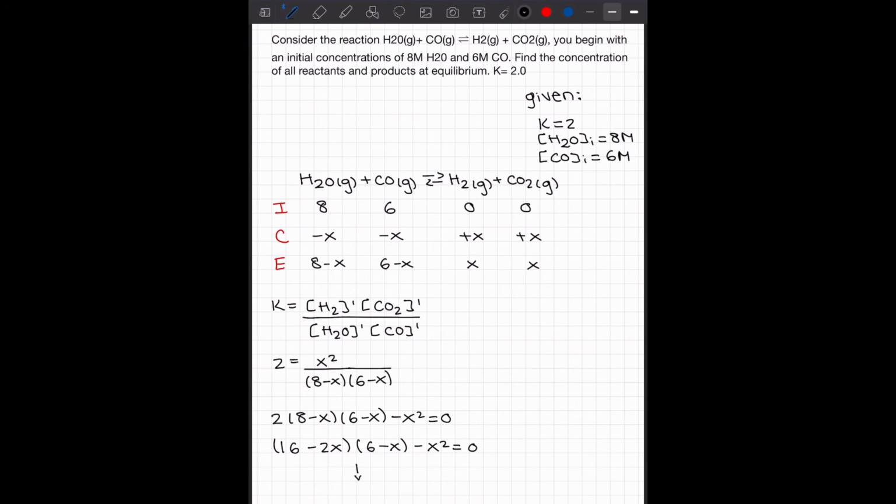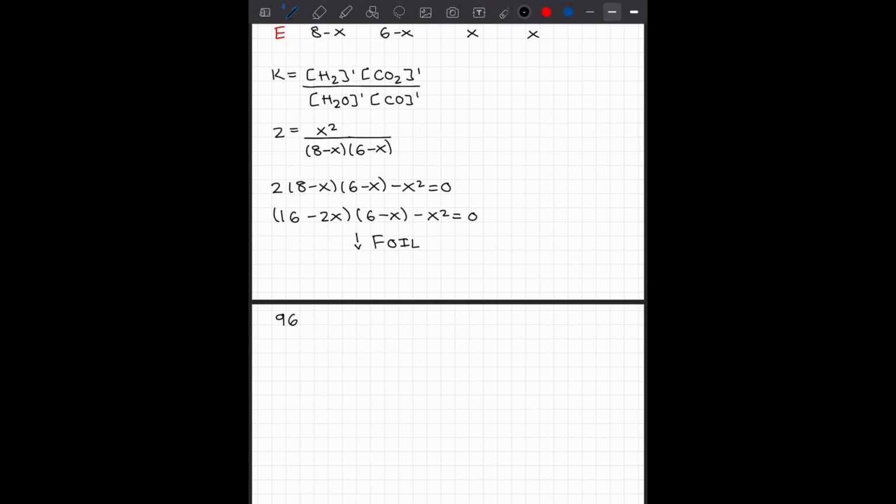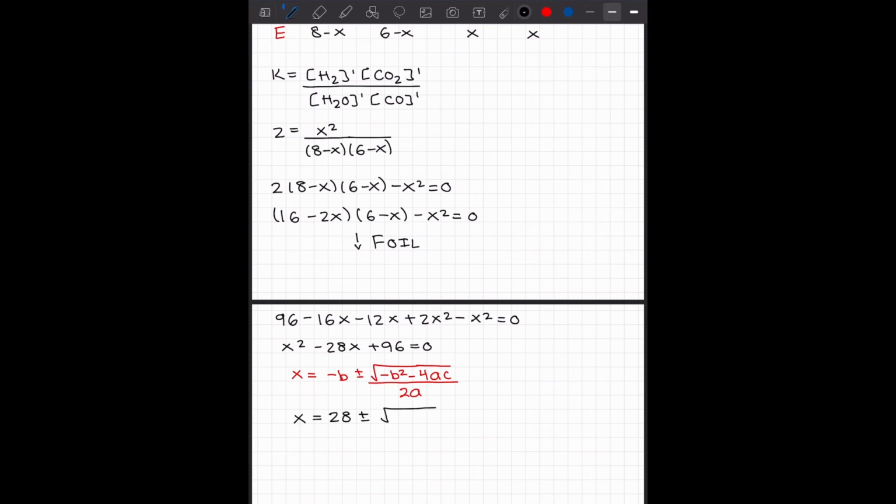So once we've gotten this far, we can actually FOIL out these numbers to get 96 minus 16x minus 12x plus 2x squared minus x squared equals 0. And then x squared minus 28x plus 96. Now we have it in nice quadratic form. Then we can plug into the quadratic formula: negative b plus or minus the square root of b squared minus 4ac, all over 2a. And we have 28 plus or minus the square root of negative 28 squared minus 4 times 1 times 96, over 2 times 1,